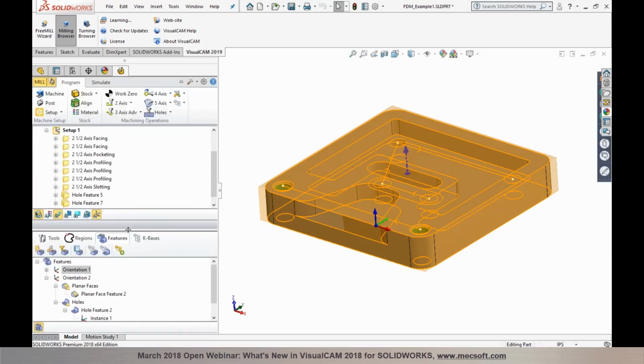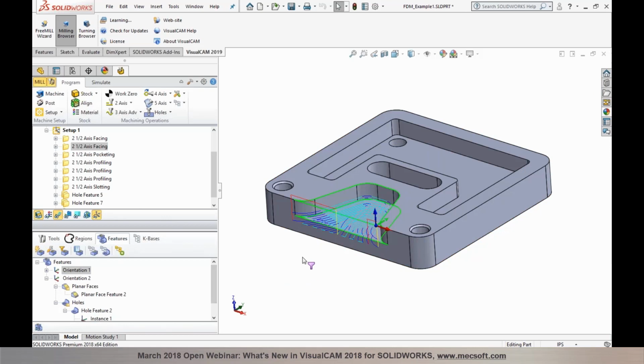So there's a knowledge base that resides in the installed directory, and it automatically matches the features to the operation. So for a planar face, you could program a facing operation. For open pockets, you could be programming a facing operation. As you can see right here, the open pocket uses a facing. For closed pockets, you have pocketing, and then you can do a finish operation with a profile operation for both open and closed pockets. You could do a profile for the silhouette